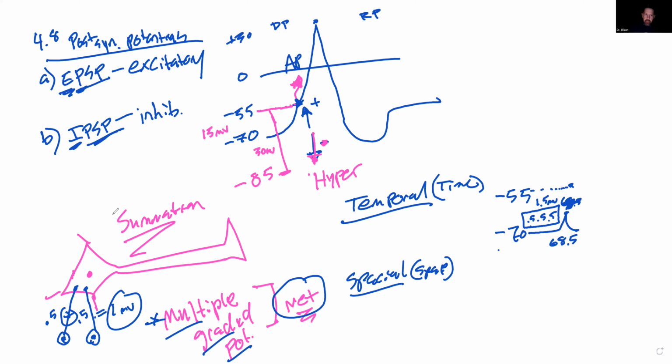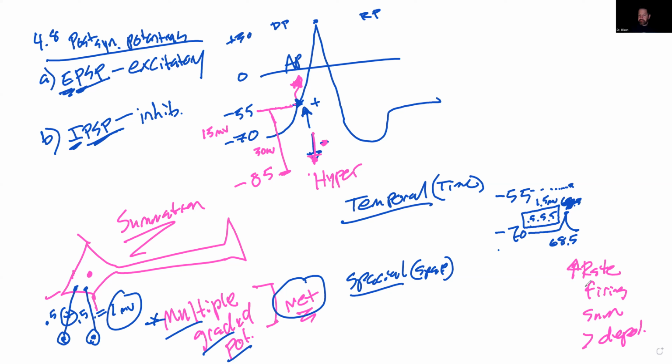Now let's do the other part of it. The other part I said is that, due to a rapid rate, so we'll say a high rate of firing, the sum of the individual firing generates a greater